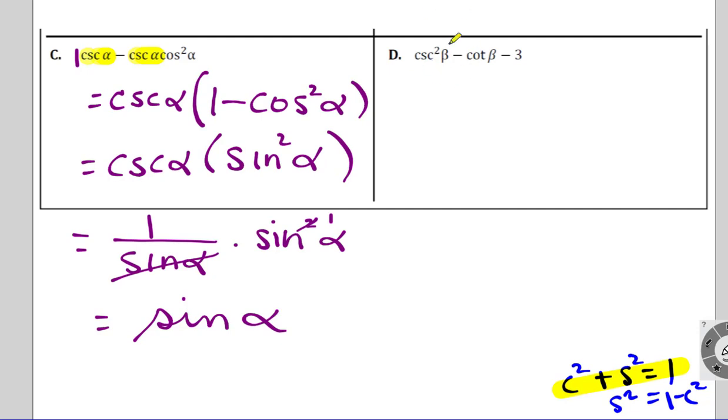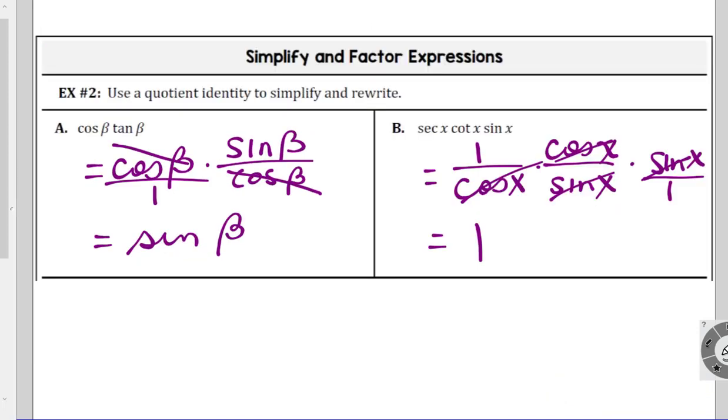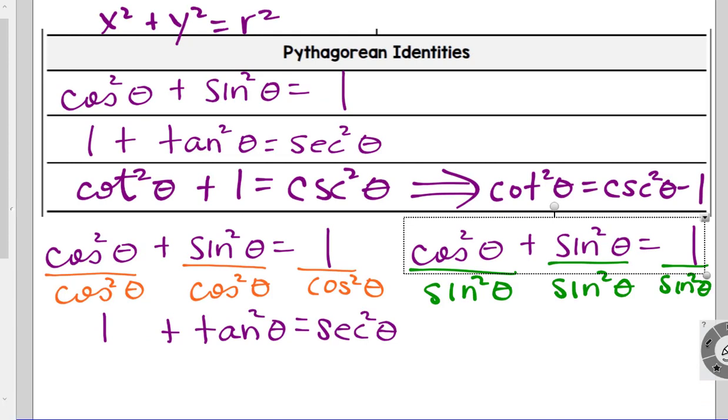Don't forget, whenever you see these squares, think about a Pythagorean identity. So if we go back and look at our Pythagorean identities,